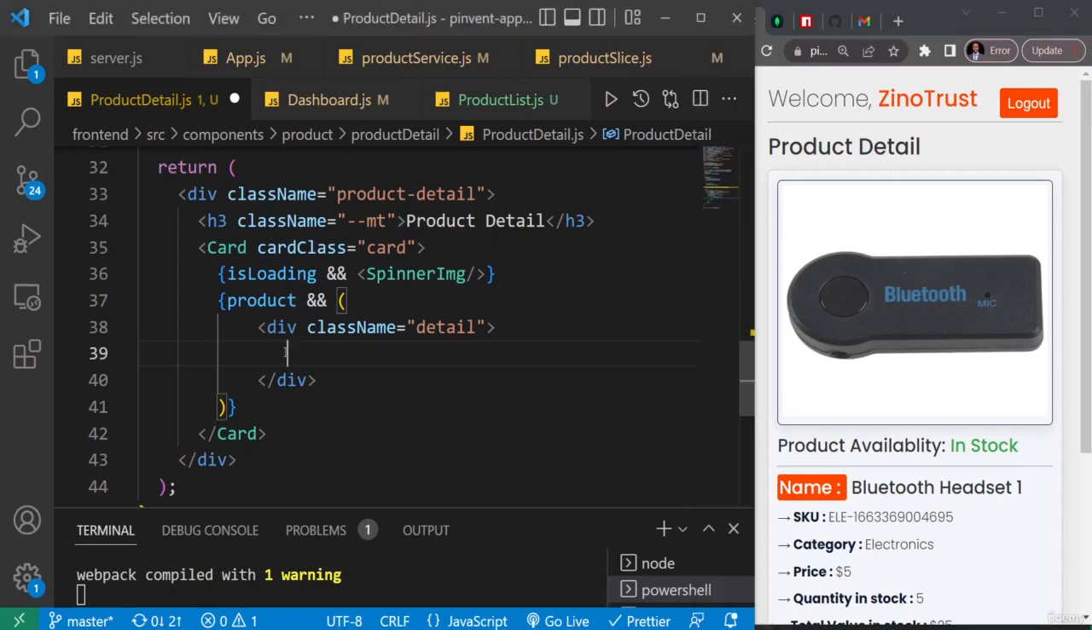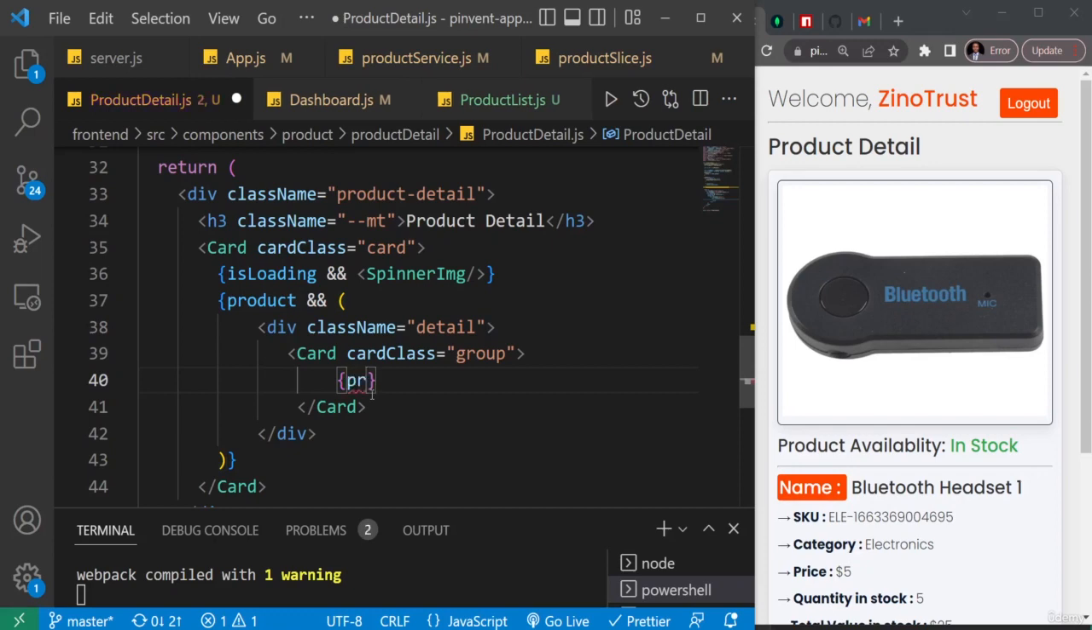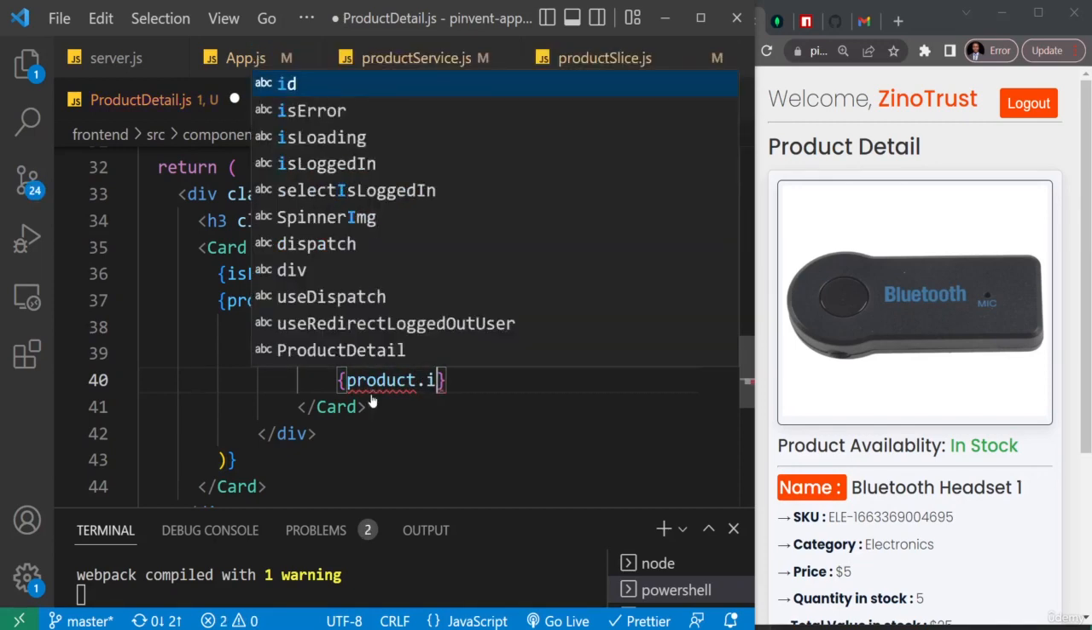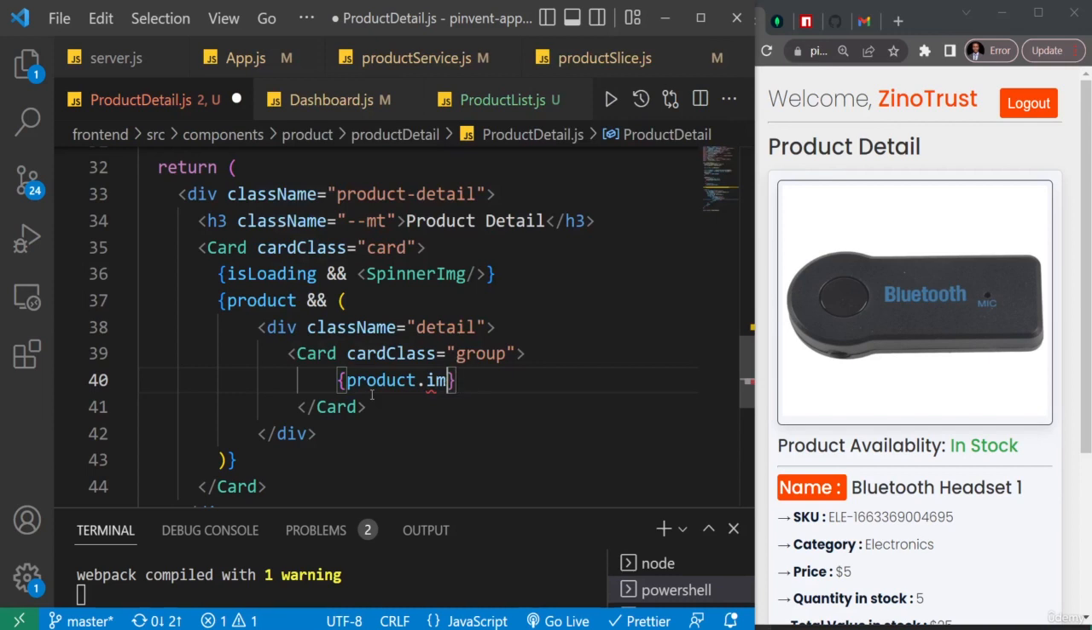So I'll just come here and inside my product details. Oh, okay, it's a card. So I'll say card, and then I'll tab that. So this card is where it's going to contain that image. But it needs to have a special class. So I'll say card class, and I'll give it a class of group. All right, now inside of this card, I'm going to have another curly braces like so, and here I'll say that if the product dot image, so if the product has an image,